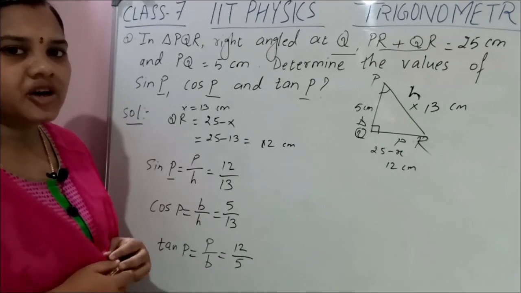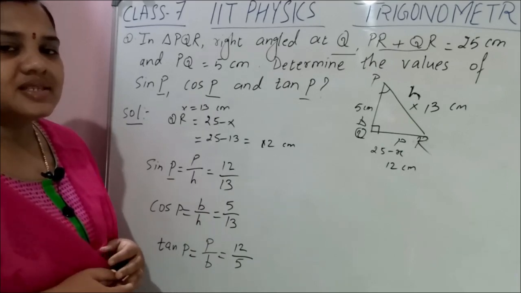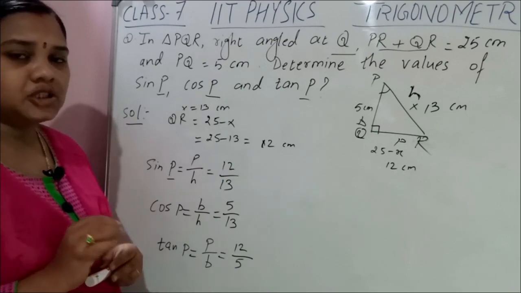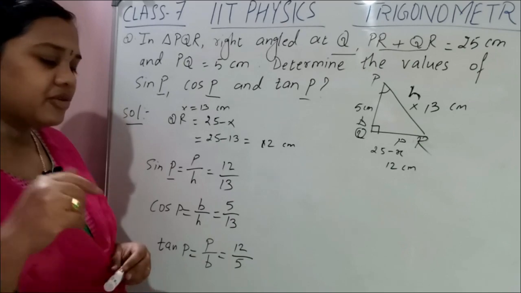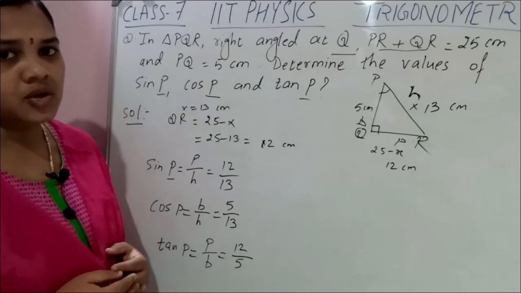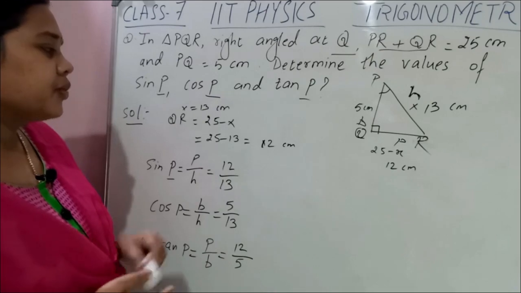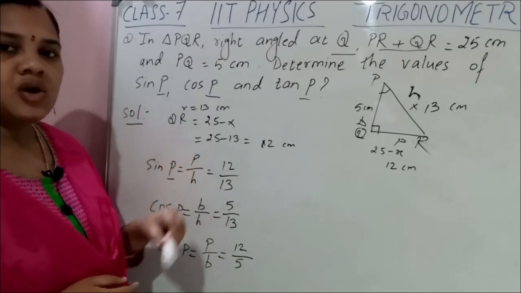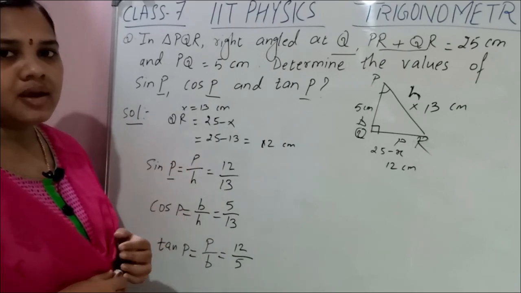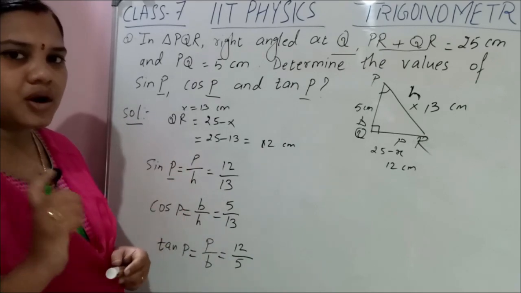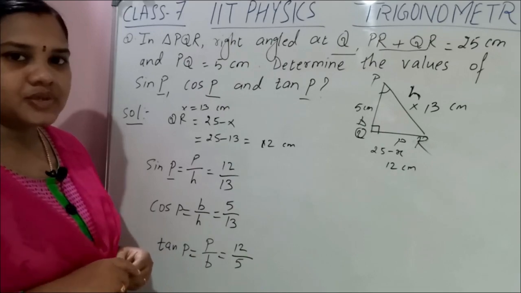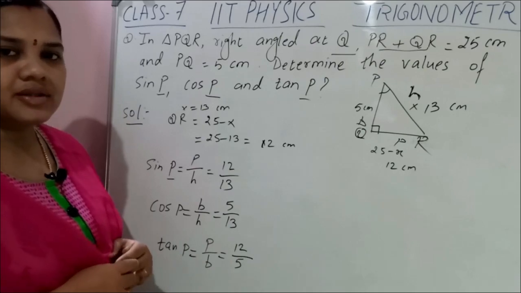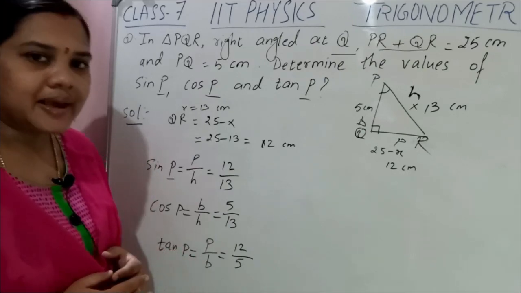Next we will go for concept 2, that is standard angle values, trigonometry ratio values. That one we will do in the next class. Before going to the next class, go through the concept 1 notes I gave you. I will also send some important points with this video. You must learn and write that; that is the only homework. Thanks for watching.